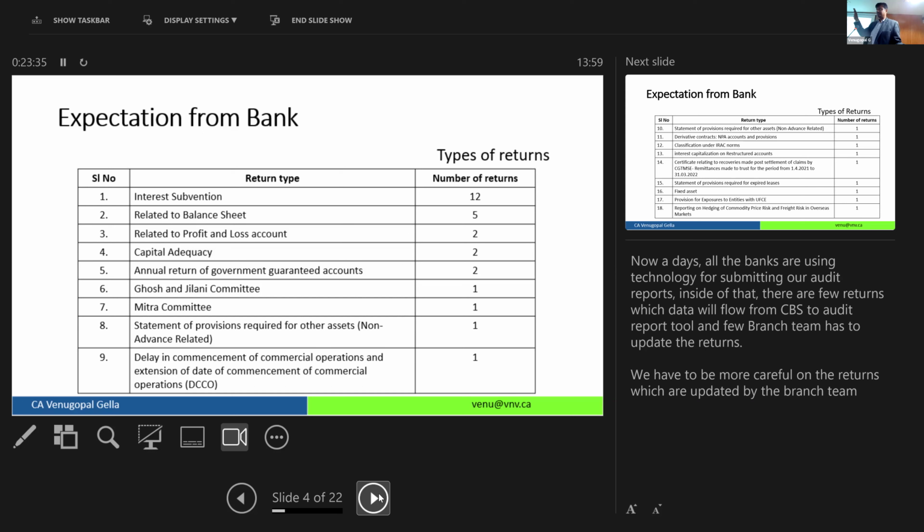Everything is system driven. So when you log in, there will be something called audit workflow. You just need to get into that. It will only show the list of the certificates that you have to sign, and it will also show the status: whether the staff has initiated, whether it is with the branch manager waiting for approval, or waiting for the auditor approval.